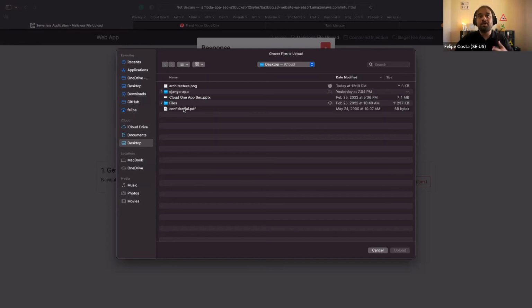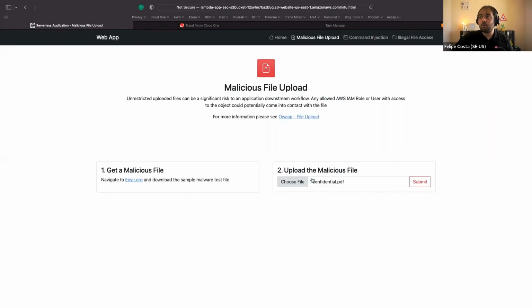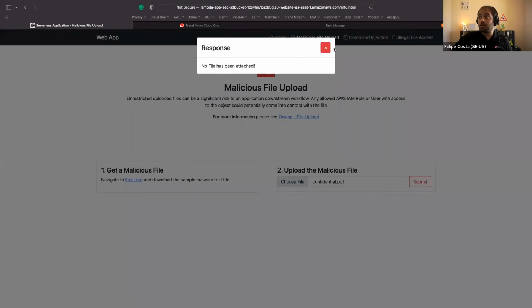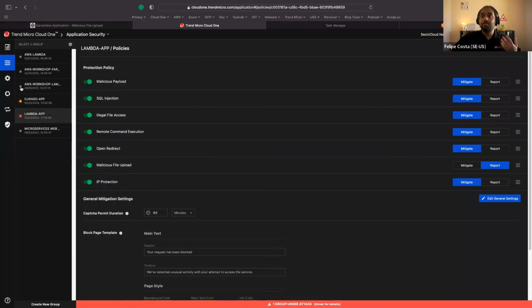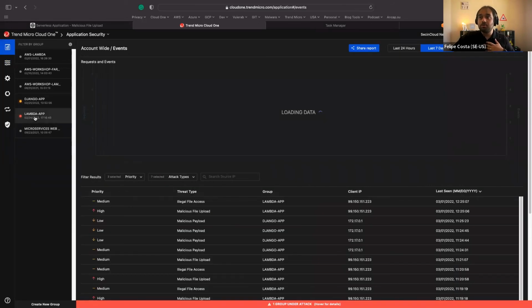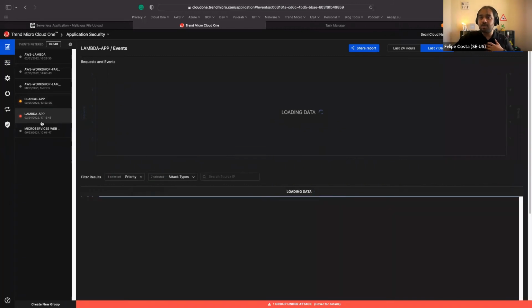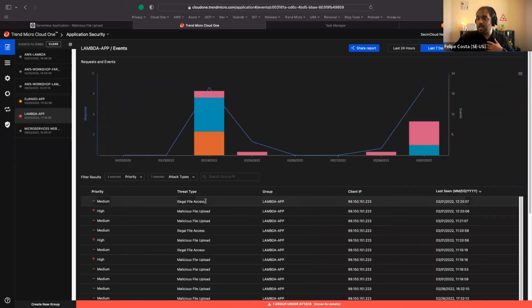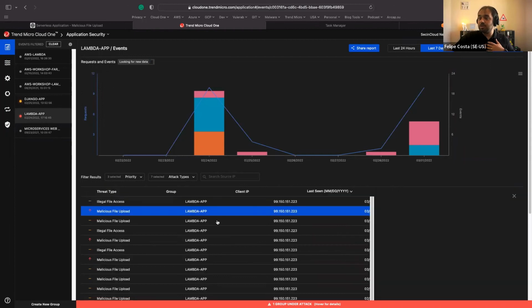But with Cloud Run Application Security, as soon as I deploy this to my Lambda function and activate the protection for my Lambda function, I will be able to monitor if the files being uploaded to my system are actually malicious. So let me go here, and the file has been attached because I didn't put any protection in place. If I go to my events, I'll probably be able to see my Lambda app here. That is the group that I selected. And then I have a malicious file upload here